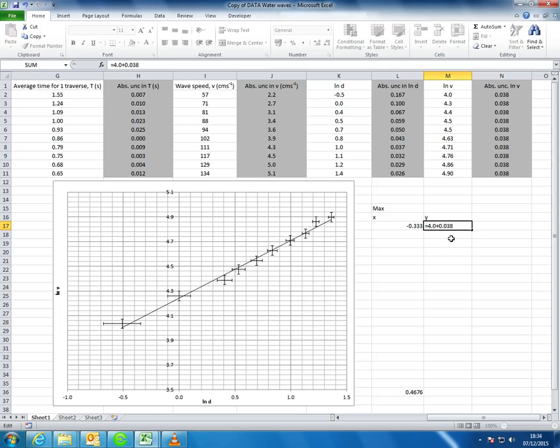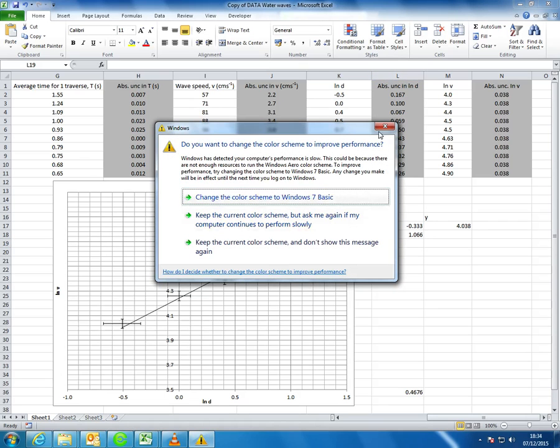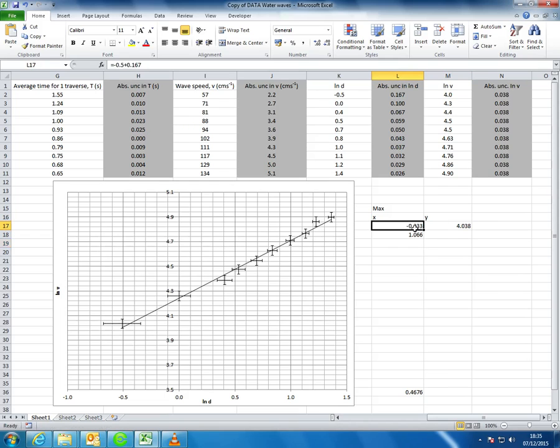Be careful. So this point up here is going to have an x coordinate of 1.4 plus 0.026, and this point is going to have a y coordinate 4.9 plus the absolute uncertainty, again in log of v, 0.038. Okay,